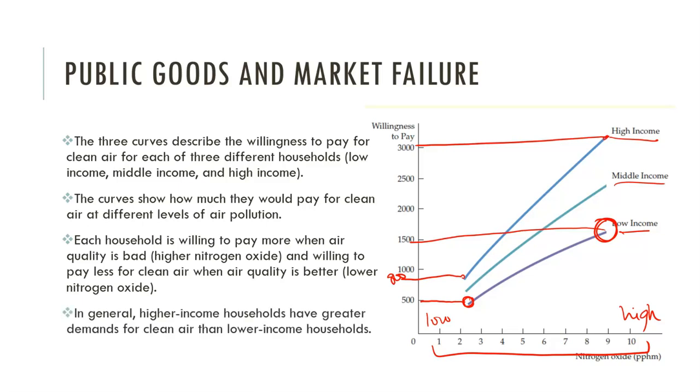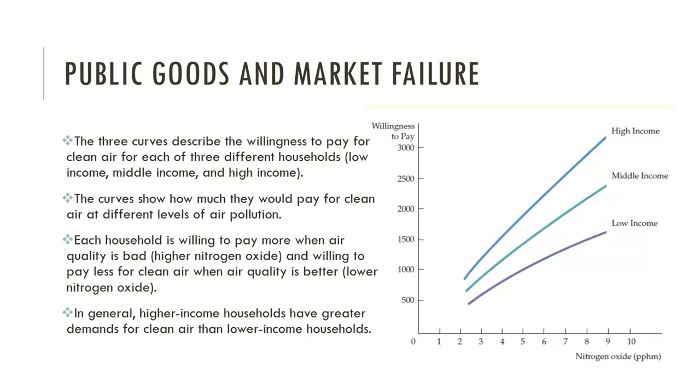And so in general, higher income households are going to have higher demands for clean air than lower income households. When we have certain policies, who's willing to pay, if it's voluntary? The low income households aren't going to necessarily want to volunteer to pay because it's going to benefit everyone. High income households, maybe they volunteer to pay some, but they know that every bit of air they clean is going to benefit everyone. So let's say here, this is all of the air, and you have all of the different people everywhere. So let's say this guy right here is like, I'm going to pay $3,000 to clean the